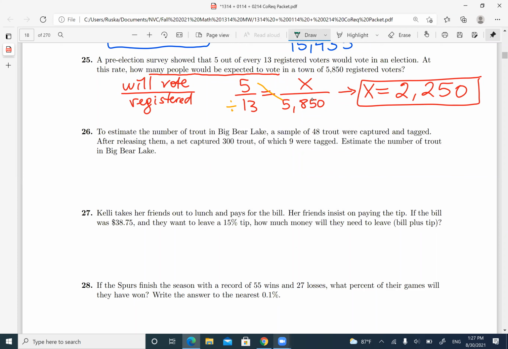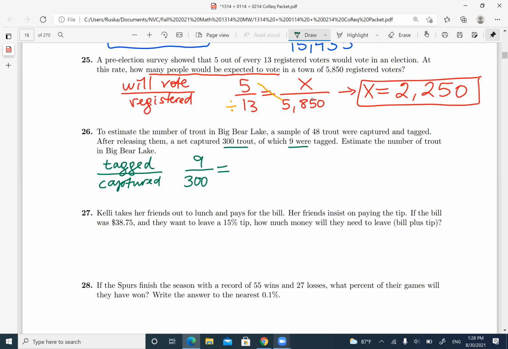I'm gonna put how many tagged over how many are captured, or the total, right? So how many tagged in the second one? They captured 300, 9 tagged, right? So it's gonna be 9 out of 300